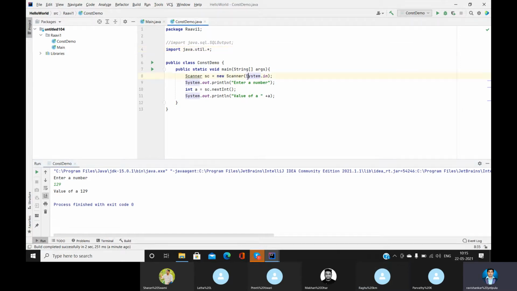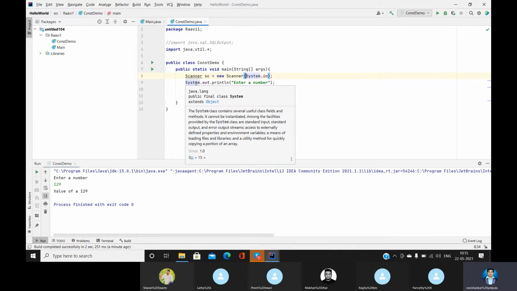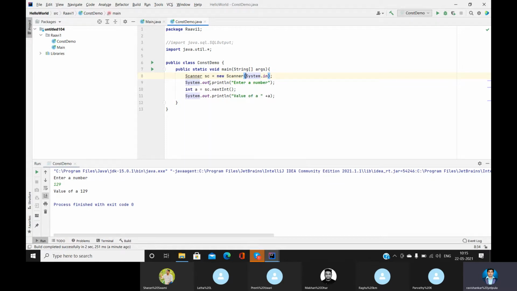System is a class, a built-in class. Whenever we have to use the input method, we use System.in, and whenever we have to use the output method, we use System.out.